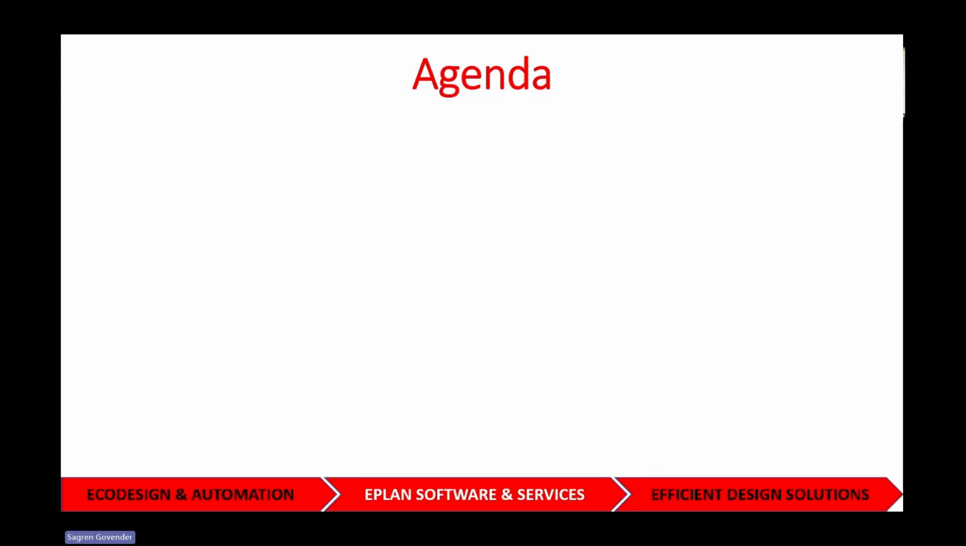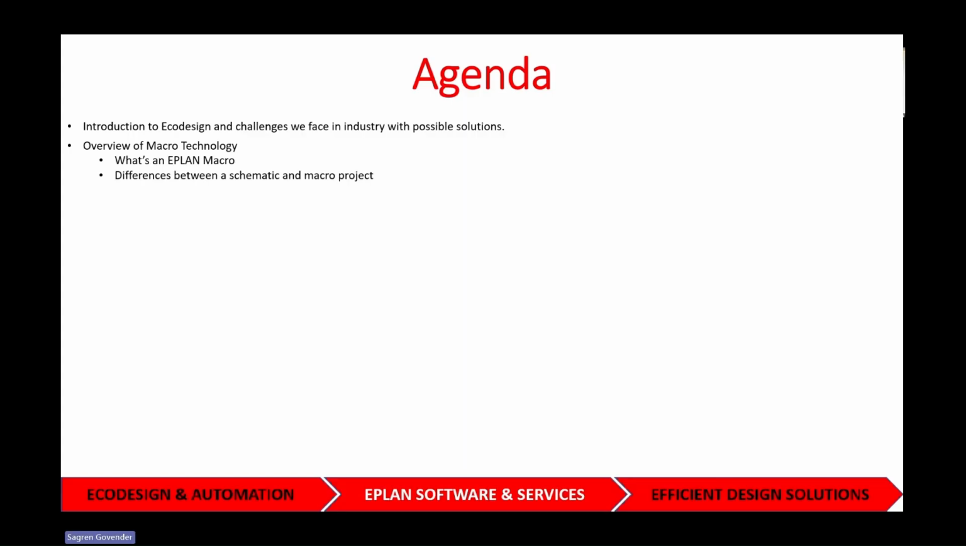So we'll just run through the agenda for today, what we're gonna discuss. I'll do a very quick introduction into Ecodesign, and also talk about some of the challenges we face in industry and possible solutions. We'll go through macros. There's an overview on macros, starting off with what's a macro, what's the difference between a schematic project and a macro project, macro types, page macros, window macros, and how we can utilize placeholder objects in window macros and page macros for that matter. How we change the value sets, and how we add variables, placeholders to handle value sets